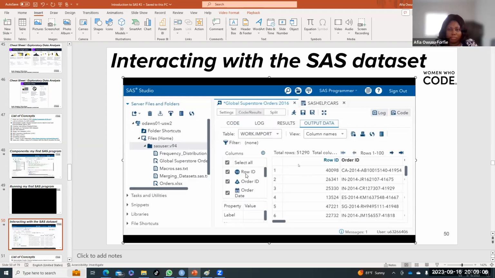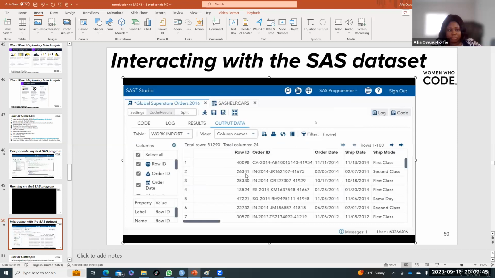So just as we saw before when we explored the cars data set in the SAS help default library, now we see the same window panes being presented in this new data set that we just brought in. So here again, you get to the variables. When you select the variable, the property and value and label are shown in that pane. If you want more space, you can do maximize view, and